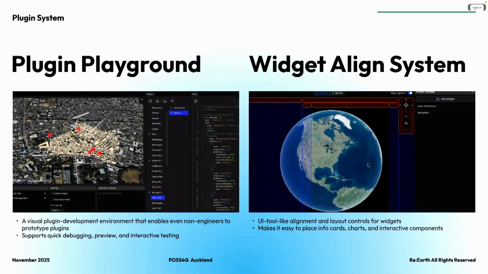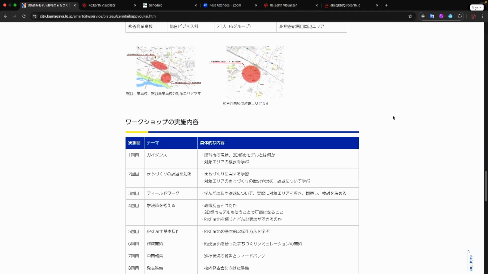So this year we also developed the plugin playground system to help people easily develop plugins. And we also have a widget light system, which allows people to drag and drop widgets everywhere, here and there. And I can quickly show what's the current